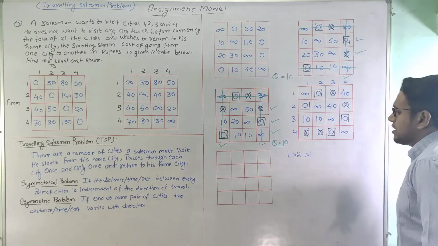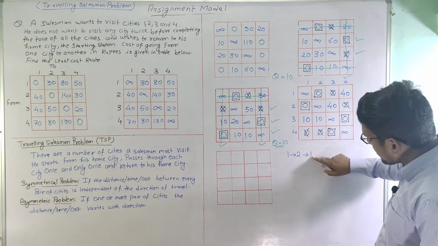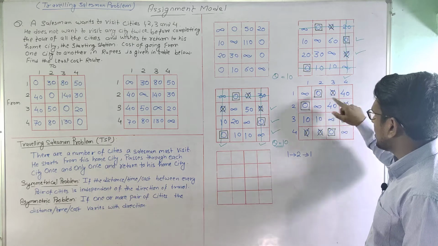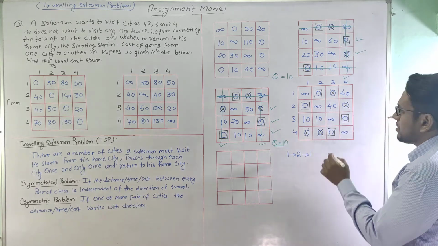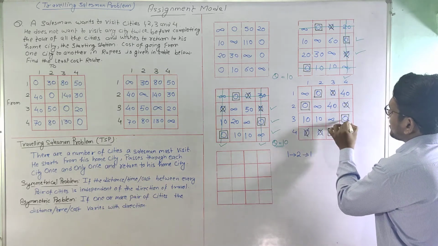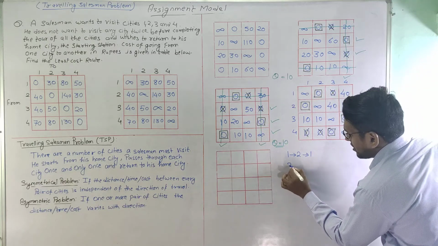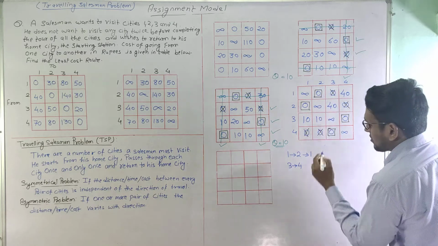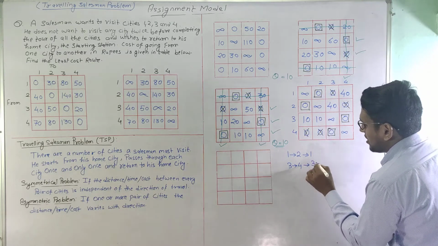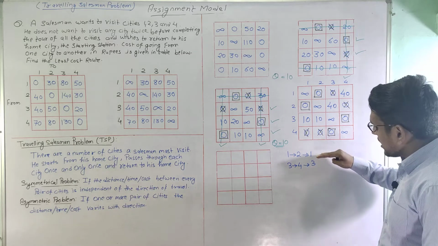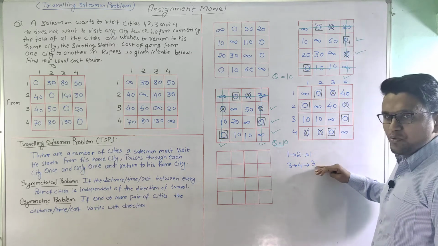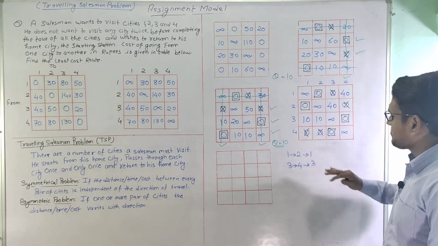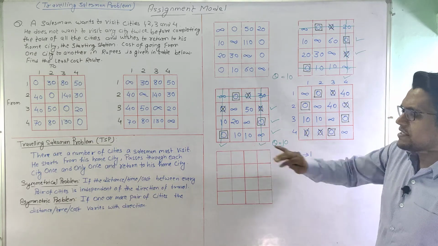So as we can see here, it is coming back to the same city 1 before completing the tour. And if we see further, if it leaves from 3, it goes to 4, and from 4 it again comes back to 3. So we can see here that these two are sub tours, and this condition does not satisfy our traveling salesman